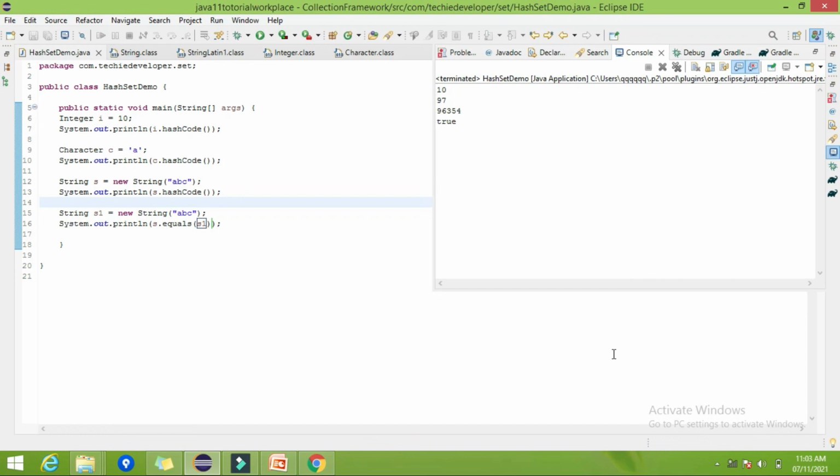When we are comparing both objects, it will give false. At that time we have to override the equals method, and we have to write our own logic to check the equality between the two objects. So that is all about the equals and hashCode methods and why we need to override them. In the next video we are going to see how to override the equals and hashCode methods so that it will work properly.